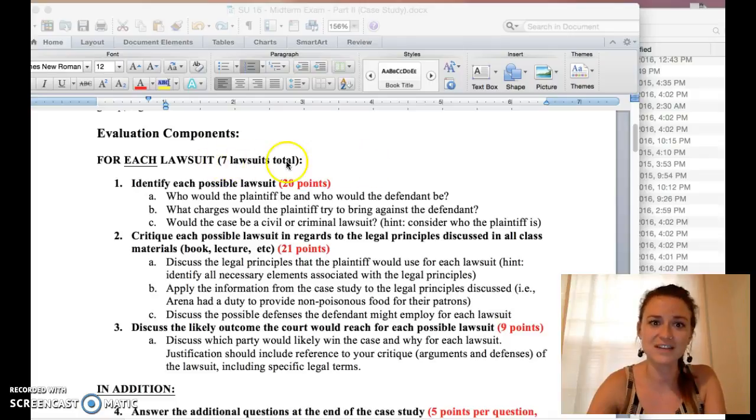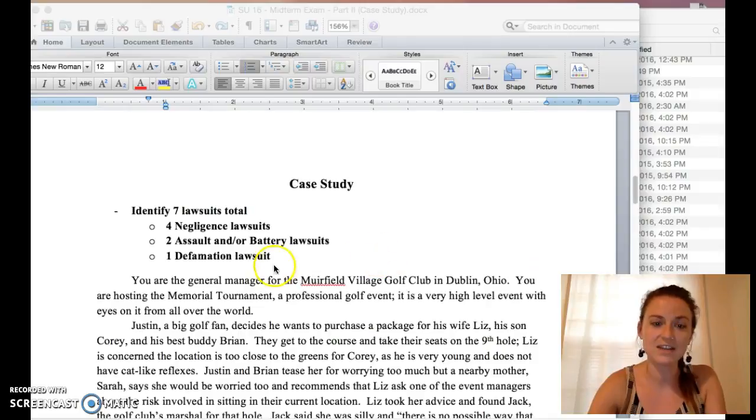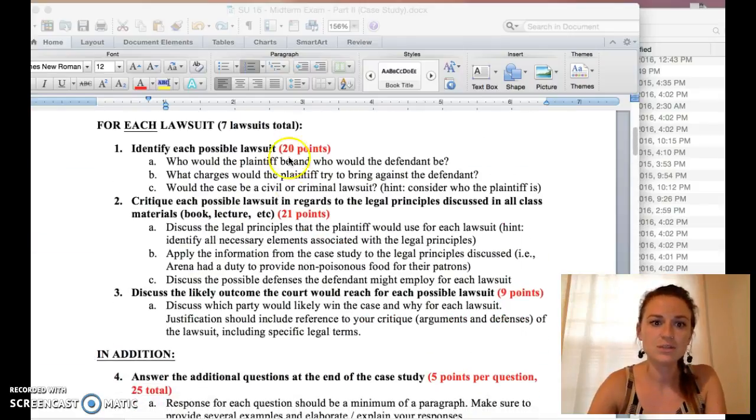So you need to identify 7 lawsuits total. And I outline right here that you need to identify 4 negligence lawsuits, 2 assault or battery lawsuits, it might be a combination, and 1 defamation lawsuit. So you need to find these 7 lawsuits. And for each of those lawsuits, you need to include these elements. I found that the most effective